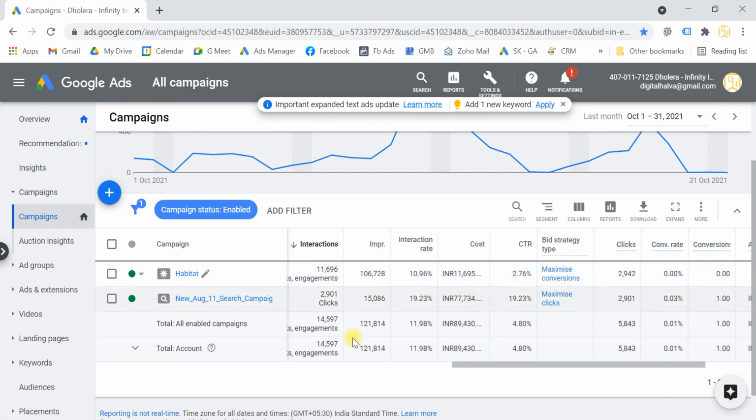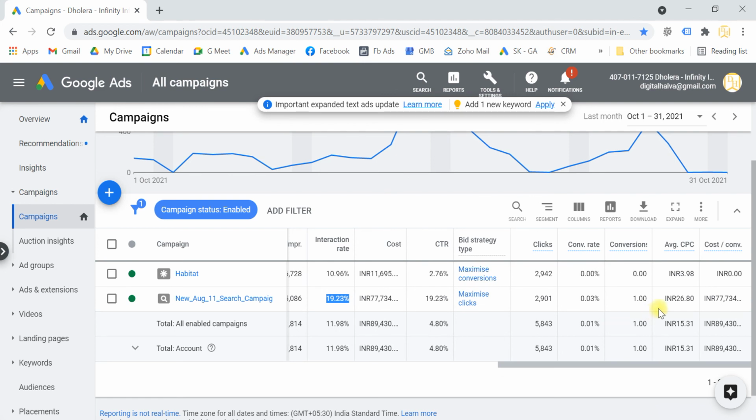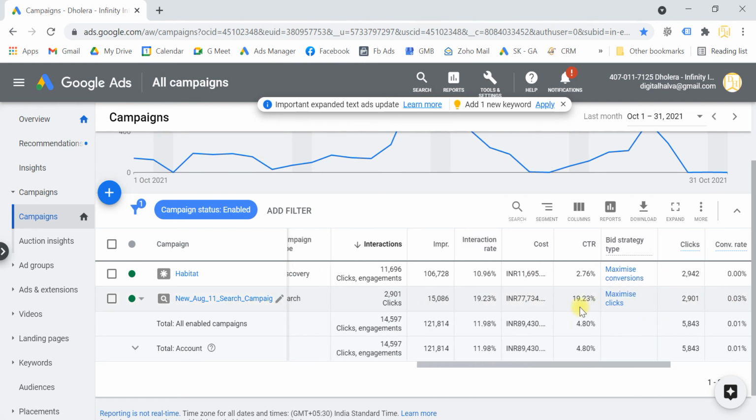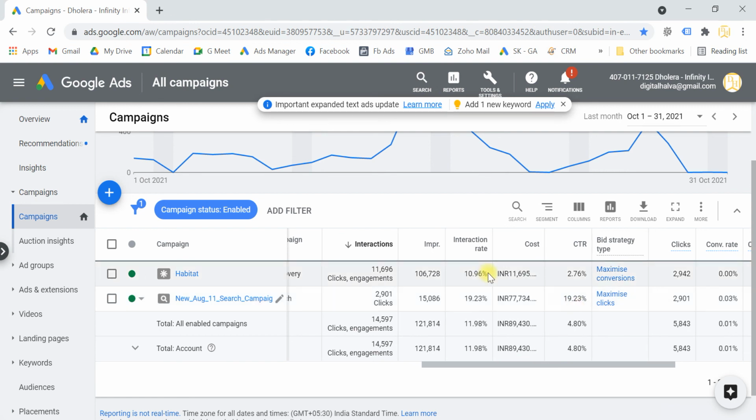When it comes to the search campaign, let me explain the budget. 77,700 is our last month budget, and we got 2,900 clicks. That is a 19.23 click through rate, and average CPC is 26 rupees. When it comes to the discovery campaign, the month budget is 11,695 rupees and CTR is 10%.